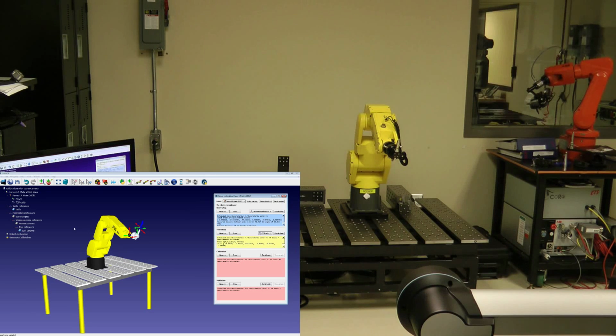RoboDK will warn the user if the measurements are not taken properly. The second step requires measuring 7 configurations to calibrate the tool frame.